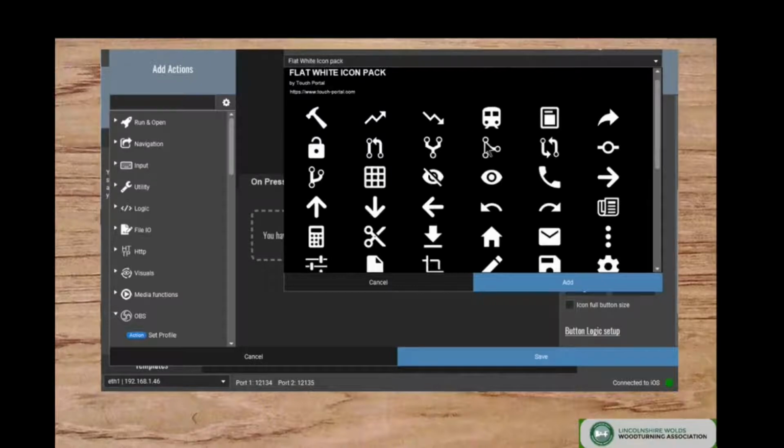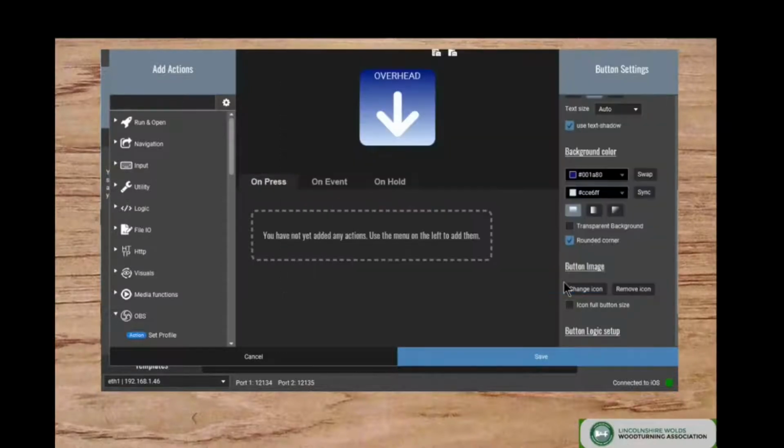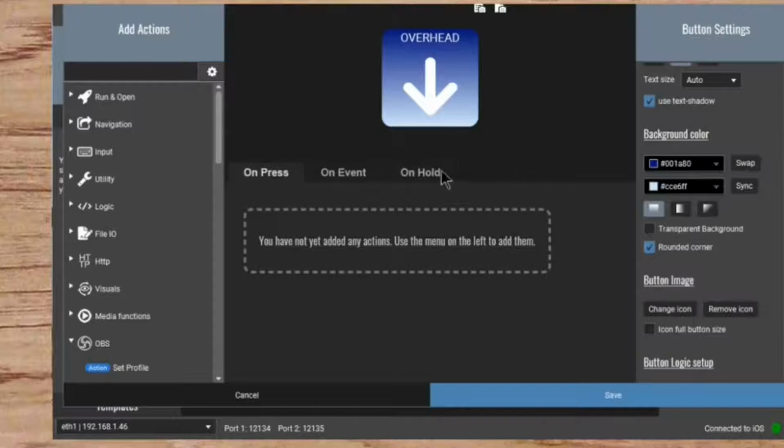So because this is overhead, let's do a down arrow and click the add button, not the save button yet. Click the add button. I did it wrong first time, and it's a bit embarrassing really, because everything disappeared and I thought, oh my god, what's happened? Anyway, now what we need to do, we need to assign that button to